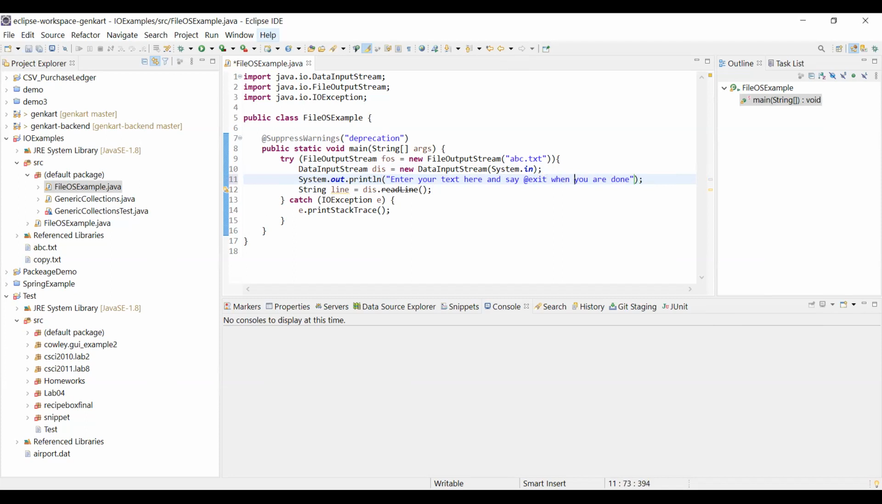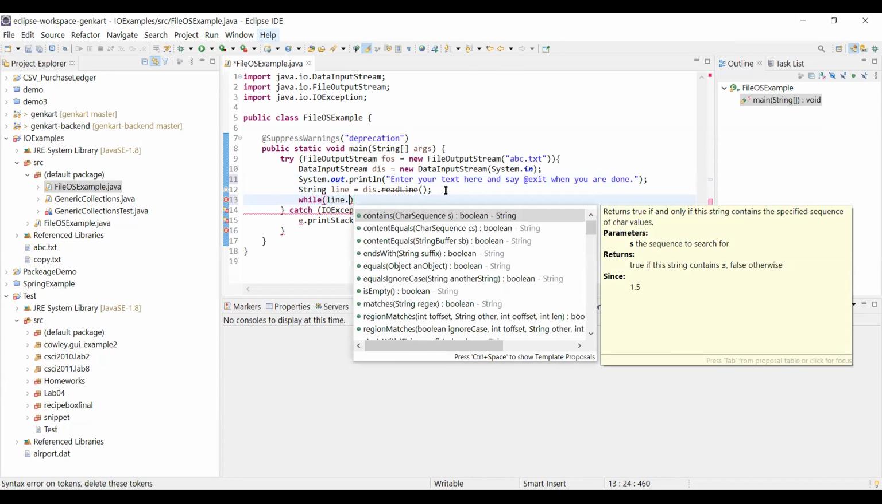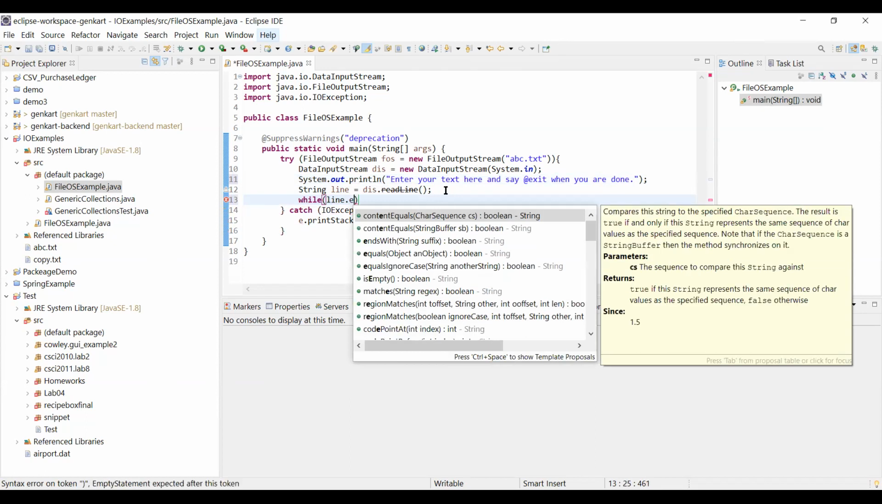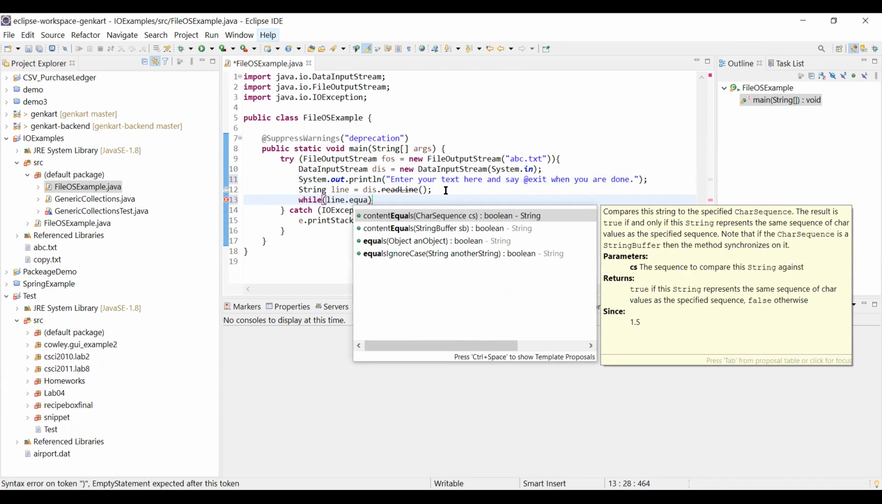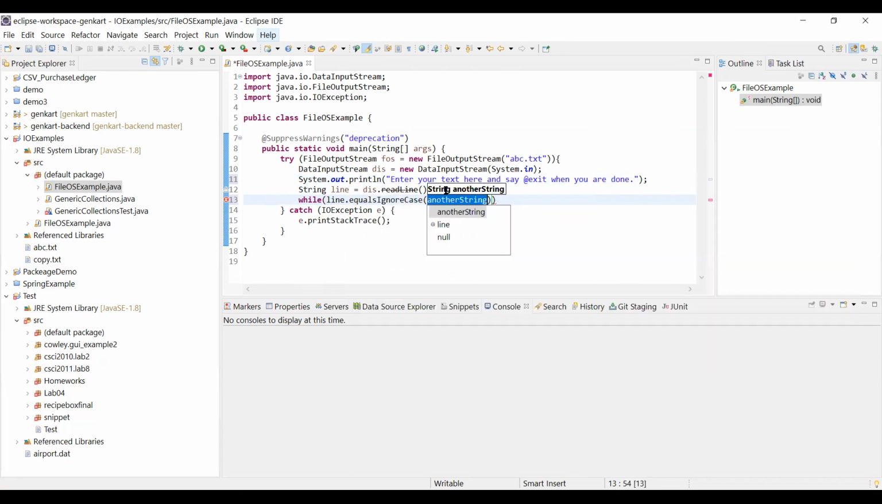Then we will stop our program to read data from keyboard and we'll close the program. Okay, so this will read a line of text and we'll keep that line into this line variable. Now what we need to do is say while line.equalsIgnoreCase, and if it is equal to @exit,